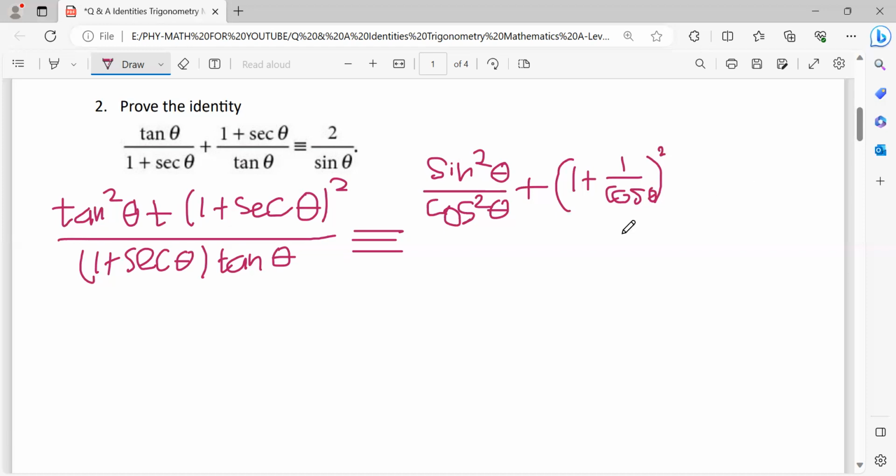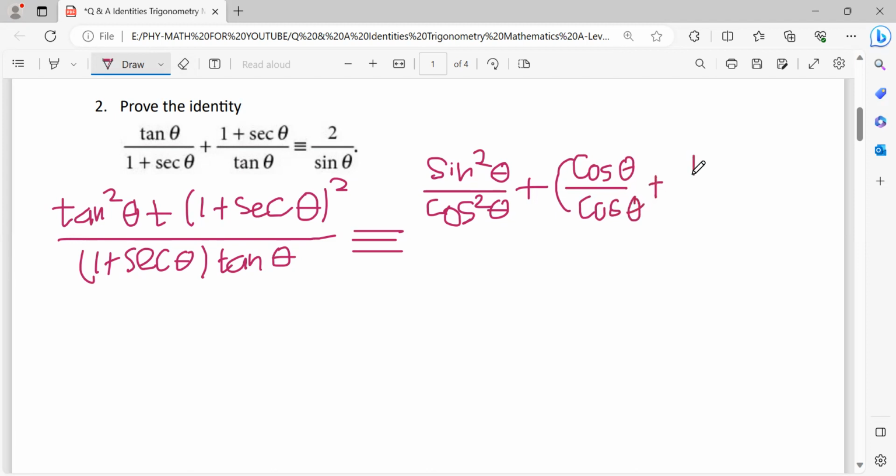But the 1, I'm going to change to cosine over cosine, so cosine theta over cosine theta,